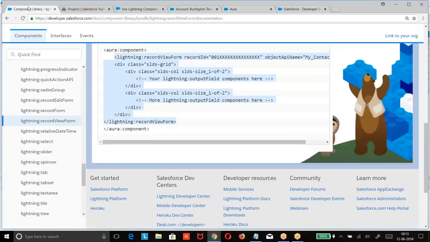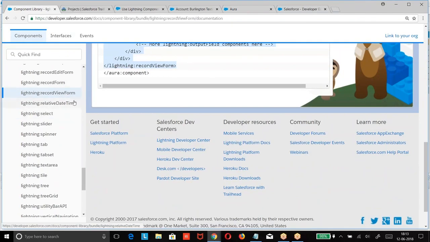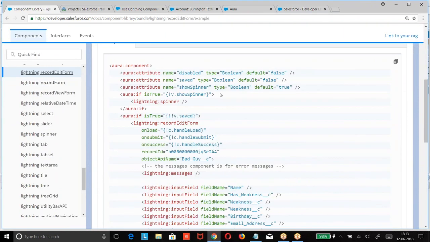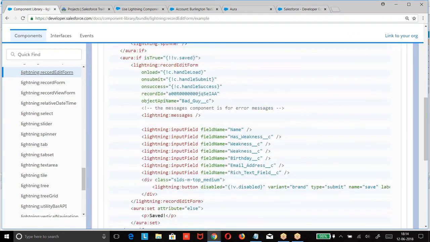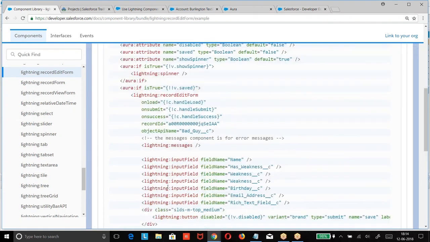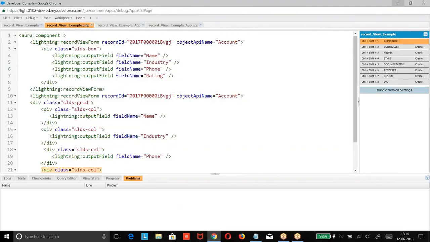Now, the same example we are going to have in the next component. What is the next one? I told you we also have the edit form, which should be useful to us. We are going to take this as edit form. People have given a lot of code here, so let me make it simple.